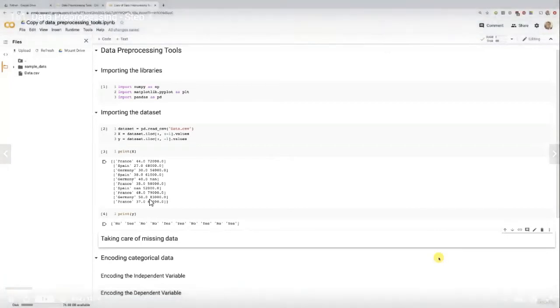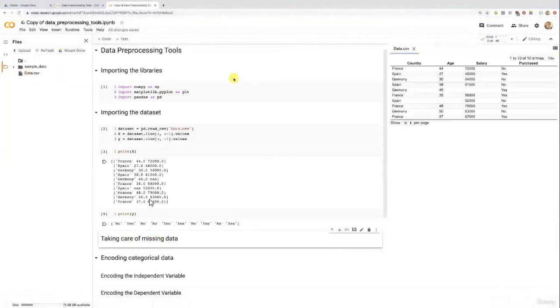So now let's add a new tool to our data pre-processing kit, which is taking care of missing data. We have a look again at our data set, data.csv. We notice that there is a missing salary here for this specific customer from Germany, 40 years old, who purchased the product. So you don't want to have any missing data in your data set for the simple